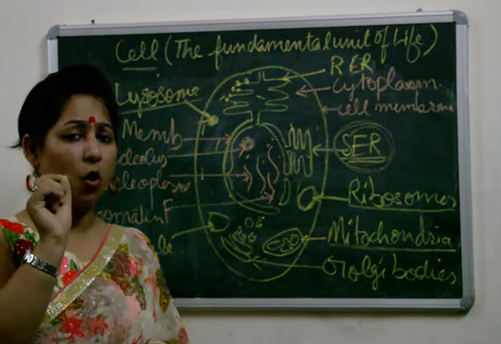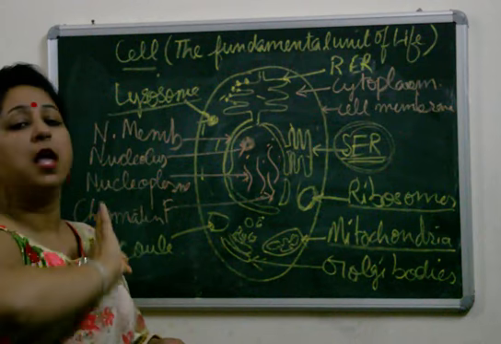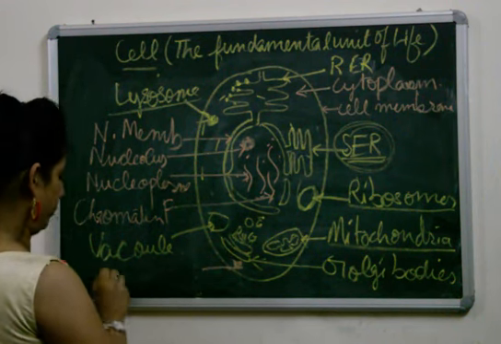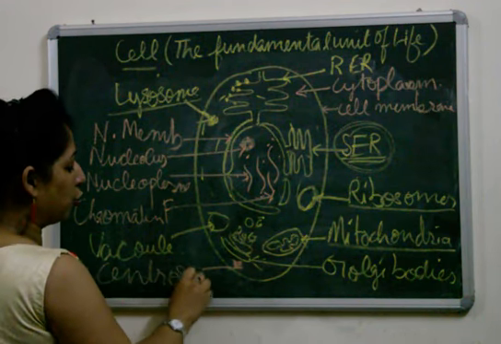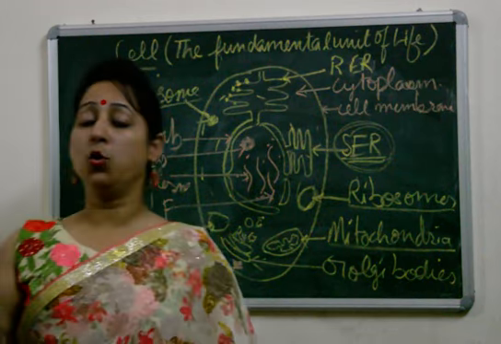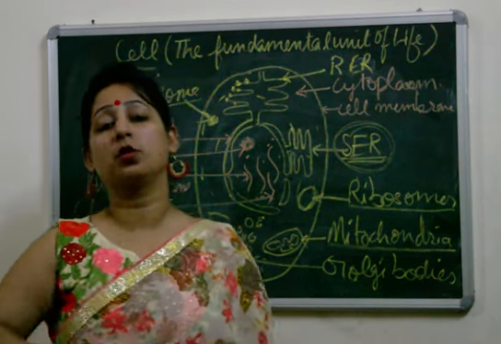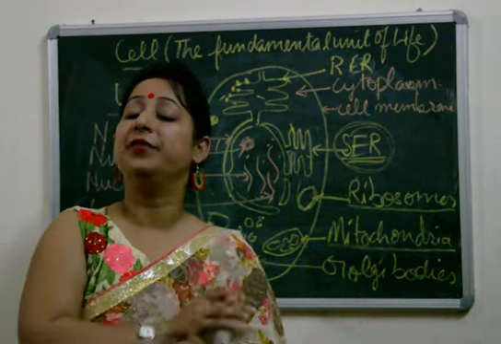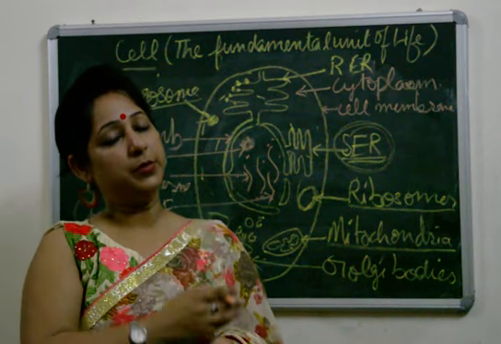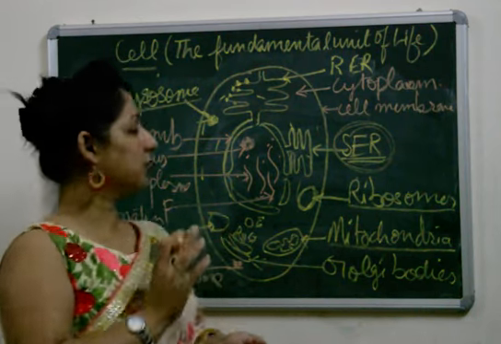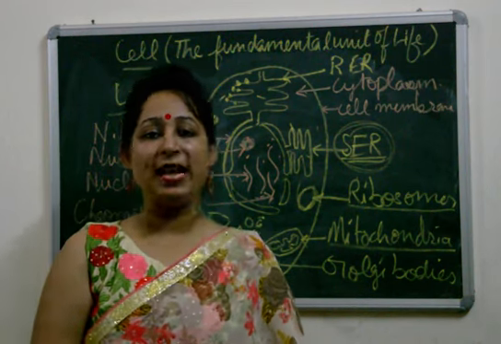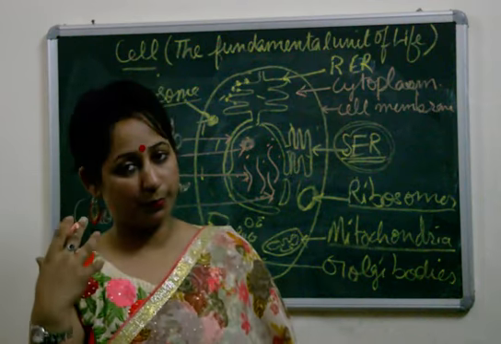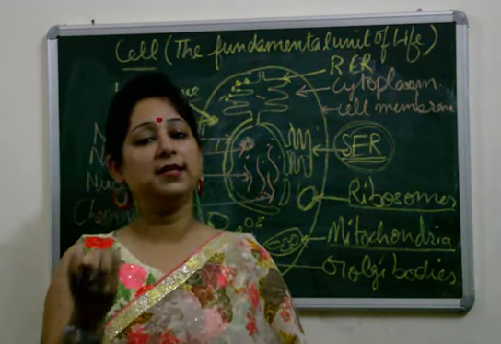One very important organelle which is only present in animal cell, not present in plant cell, is the centrosome. Centrosome is the only cell organelle which is present only in animal cell. It is very important for the process of cell division. It mainly helps in the process of cell division and is only present in the animal cell. Now, this was all about the structure of animal cell. In our next video, I'll be taking up the difference between animal and plant cell and some important properties and some important organelles present in the plant cell.